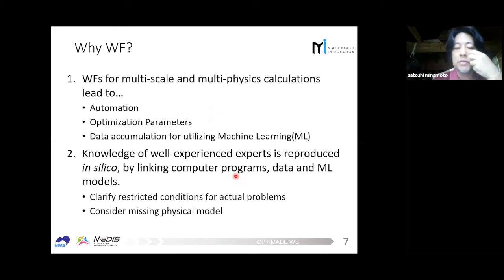Of course, we think it's important because many well-experienced people are retiring these days. So we have to store or accumulate the knowledge of the well-experienced experts. We are aiming to reproduce their knowledge in silico by linking computer programs, data, and machine learning models. In order to do that, clarifying the restricted conditions is very important, because of course we